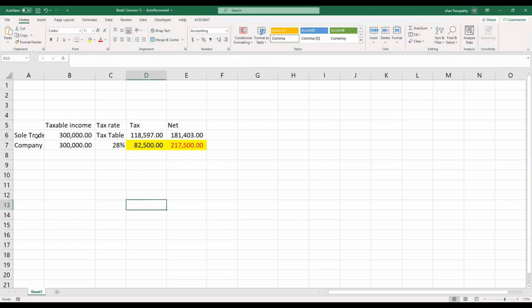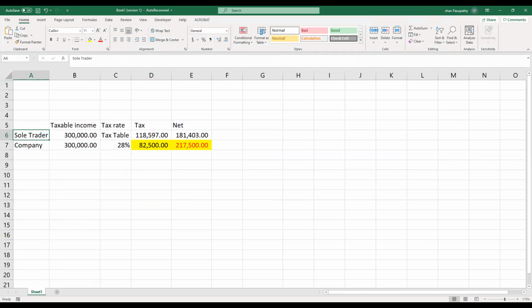Now we will go back and share an Excel sheet, and we will work a little bit more. First, can everybody see that Excel? I will make sure that you are in the Excel sheet. So if it is a sole trader business, what's going to happen? The taxable income tax rate will be in our tax bracket, like 18,200 and 32,500 and so on. Anyhow, you use your XPM